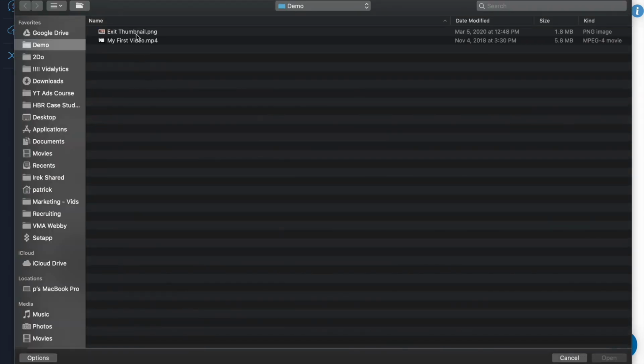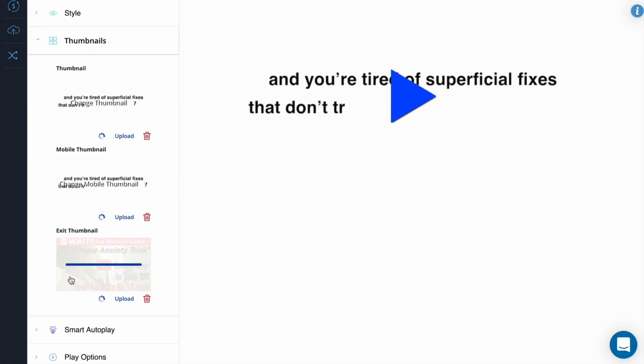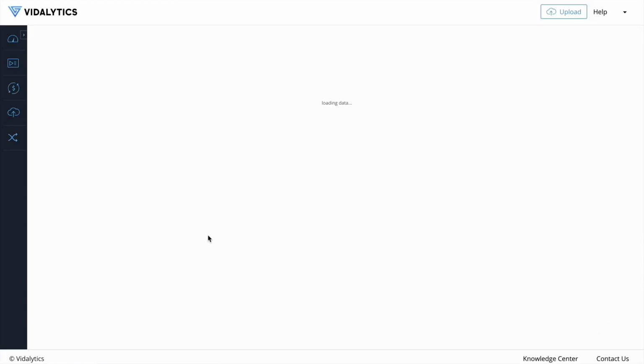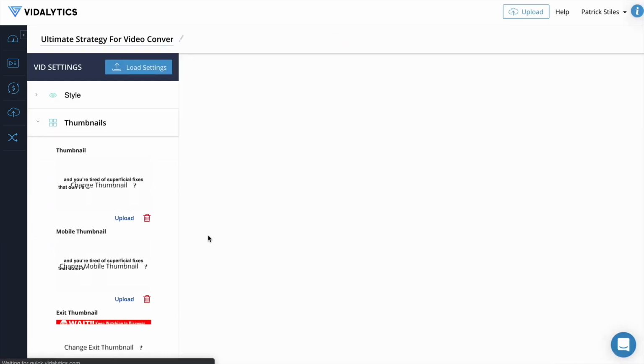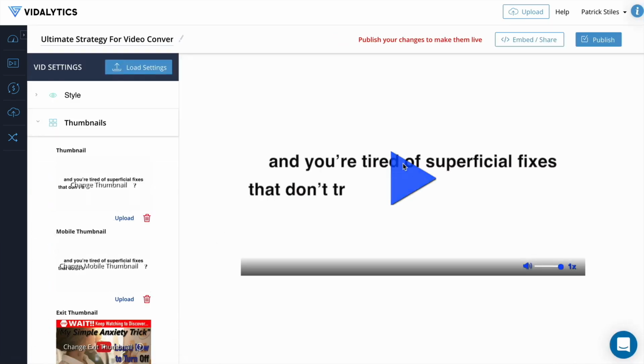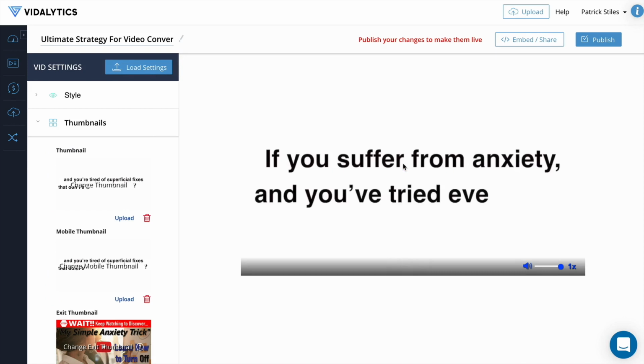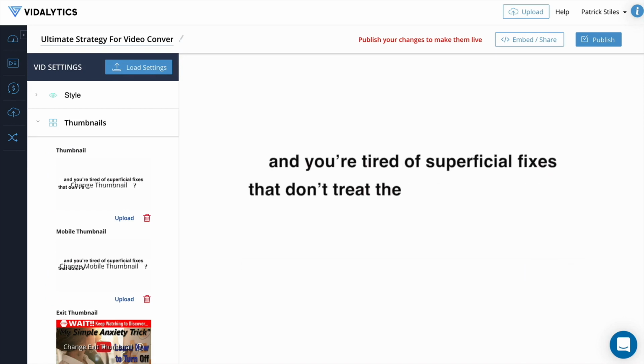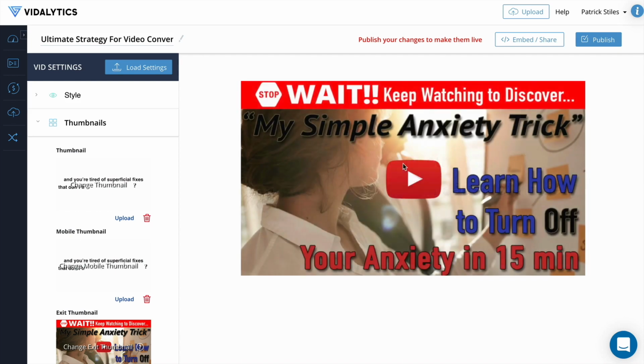And this is where you can upload a thumbnail like such, and this is going to act like an exit pop on your videos. Meaning that if somebody tries to leave your page, exit your video, well, what are they going to do right before they do that? They're going to pause your video. So when they pause your video, that's a clear-cut sign that they're about to leave your page entirely. So what happens with an exit thumbnail is that if they pause the video, that thumbnail pops up